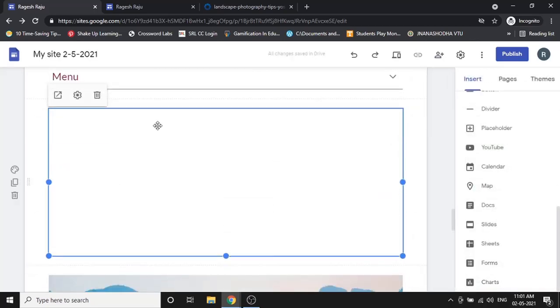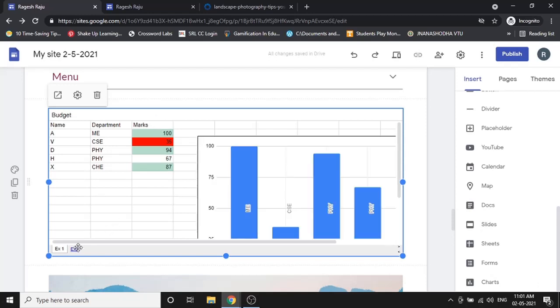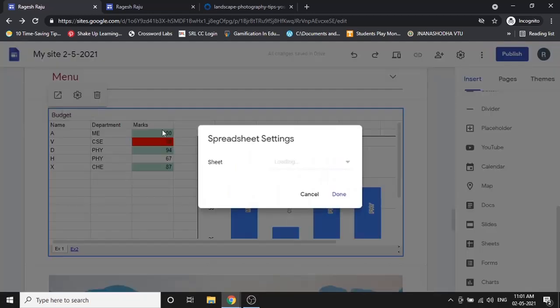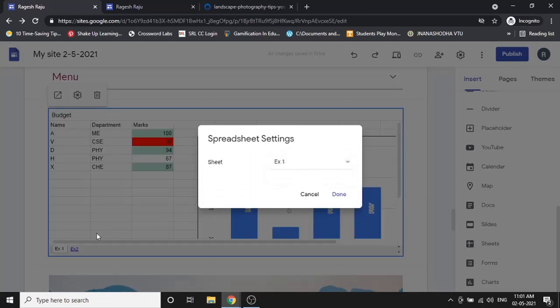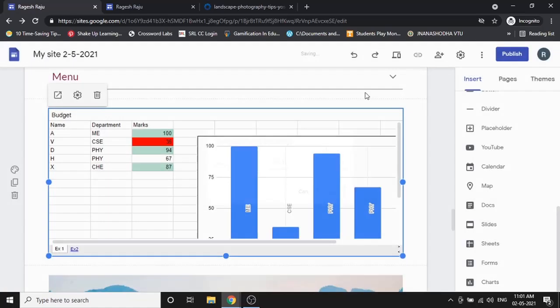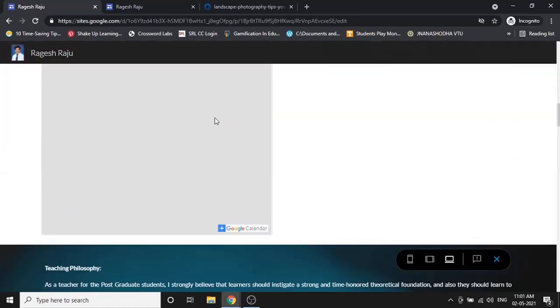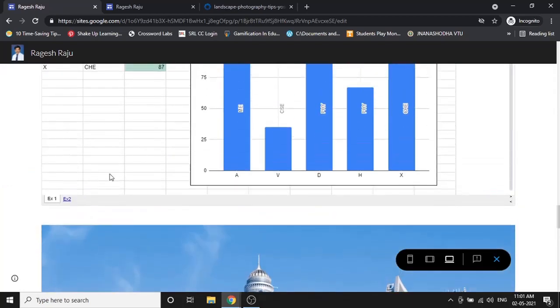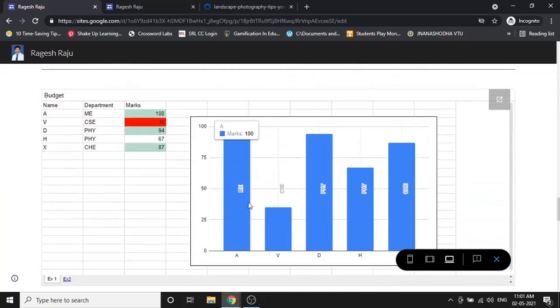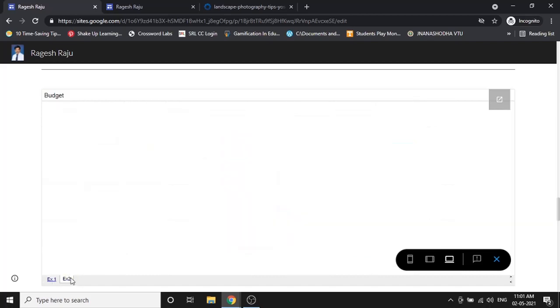Okay, so that sheet gets added here. Whatever is in that sheet gets added here. Again, I can decide which sheet I want to be displayed first. There are 2 sheets here. I click on done. I click on preview. So I scroll down. So my Excel sheet is here. The same way the Excel sheet also will be displayed here with the chart. Since I inserted the chart, it is also displayed there.